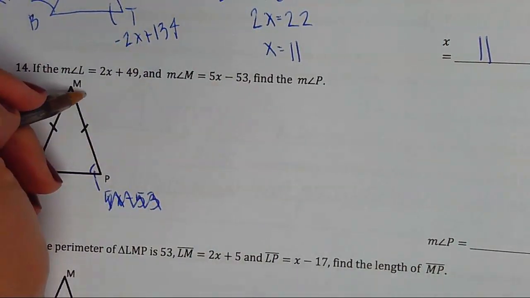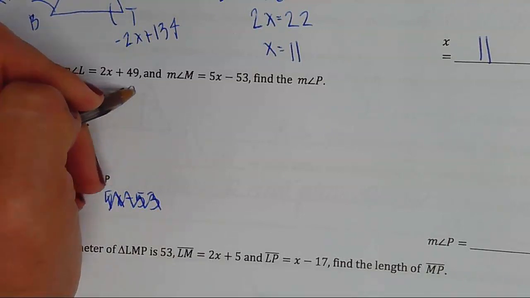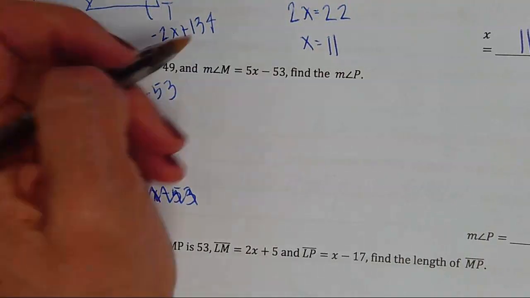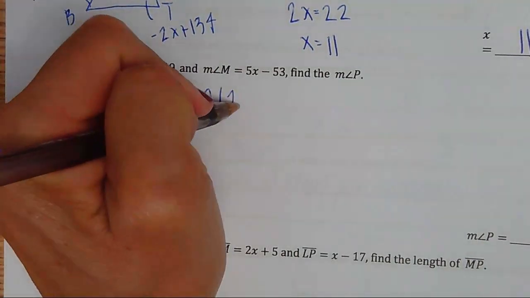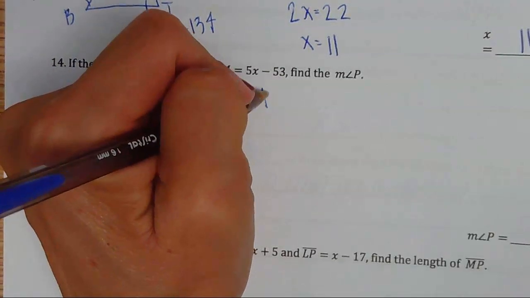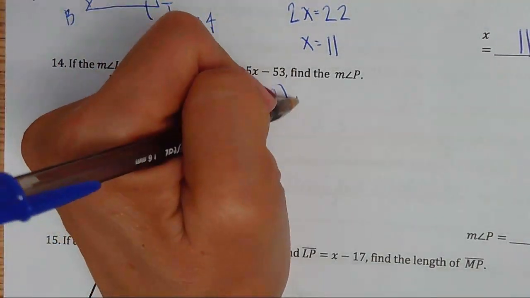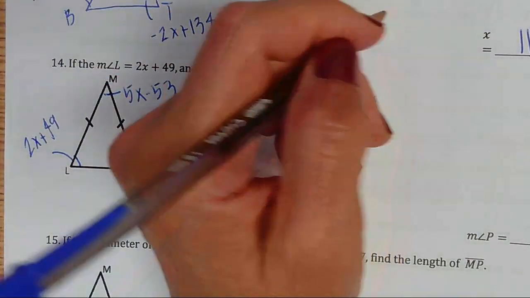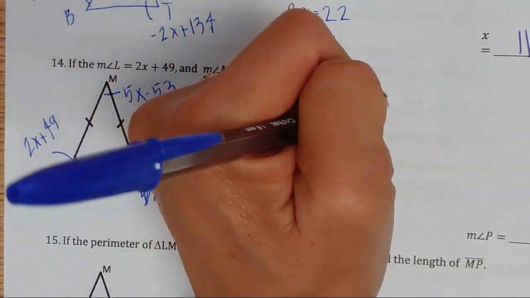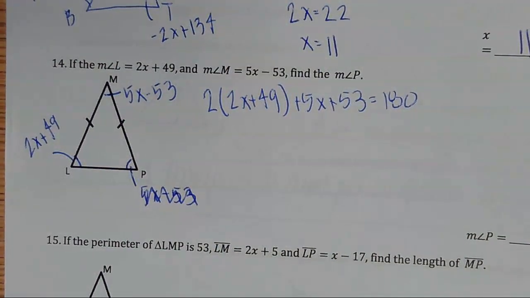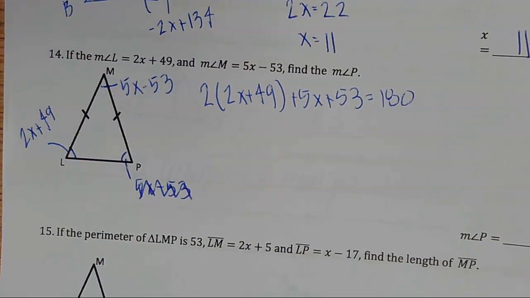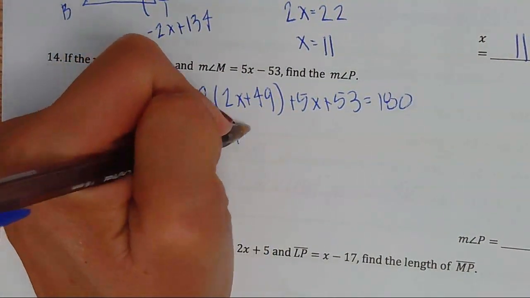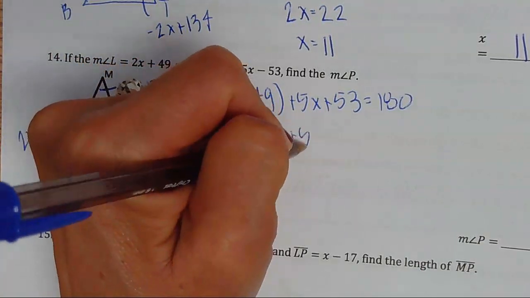This is angle M, which is up here, which is 5x minus 53. But we know these two are congruent, right? So I'm going to do 2 times 2x plus 49, and then add 5x plus 53, and we'll get 180 degrees. Okay, so I'm going to simplify by distributing first and get 4x plus 98 plus 5x